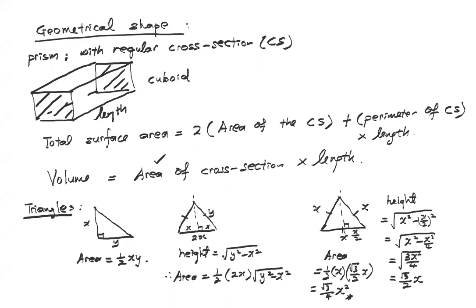Okay. Your friend asked, what do you mean by cross section? Cross section, that means you cut vertically. So this is called a cross section. I can cut here. I can cut anywhere. So we call this a regular cross section. So if I put the prism upright, the cross section will be horizontal. If I lay the prism down, the cross section will be vertical, perpendicular to the length or perpendicular to the height. That is called the cross section. Yeah, if you study biology, then